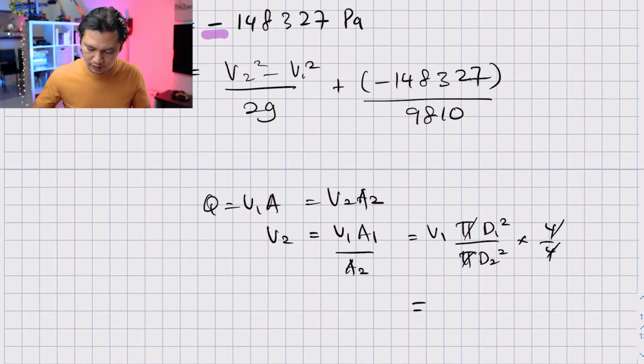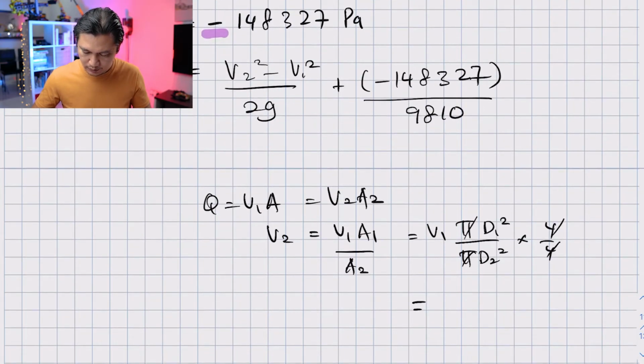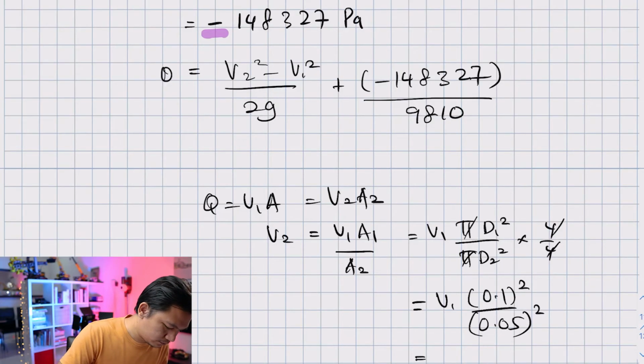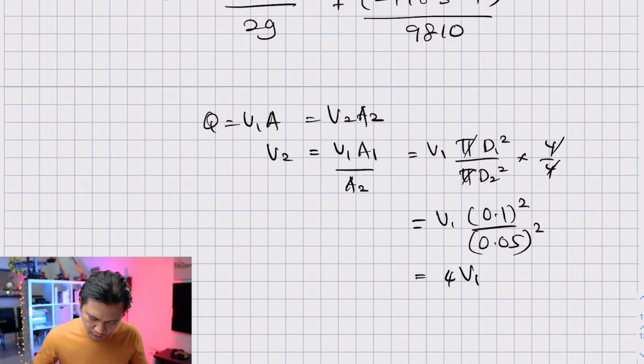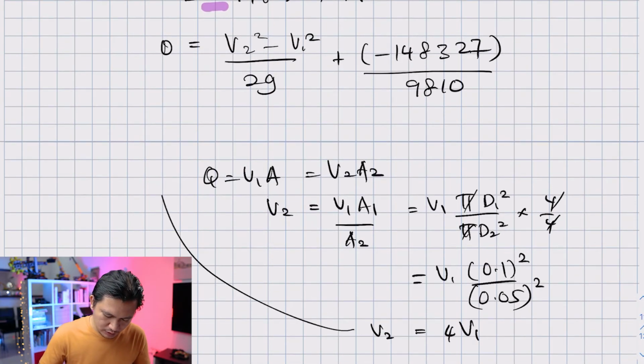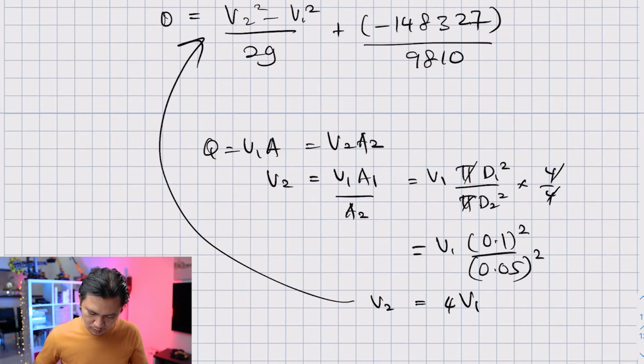So this will be V1 times 0.1 square over 0.05 square. And you will end up with 4V1, right? So V2 is actually equal to 4V1, and if I want to plug it into this equation,